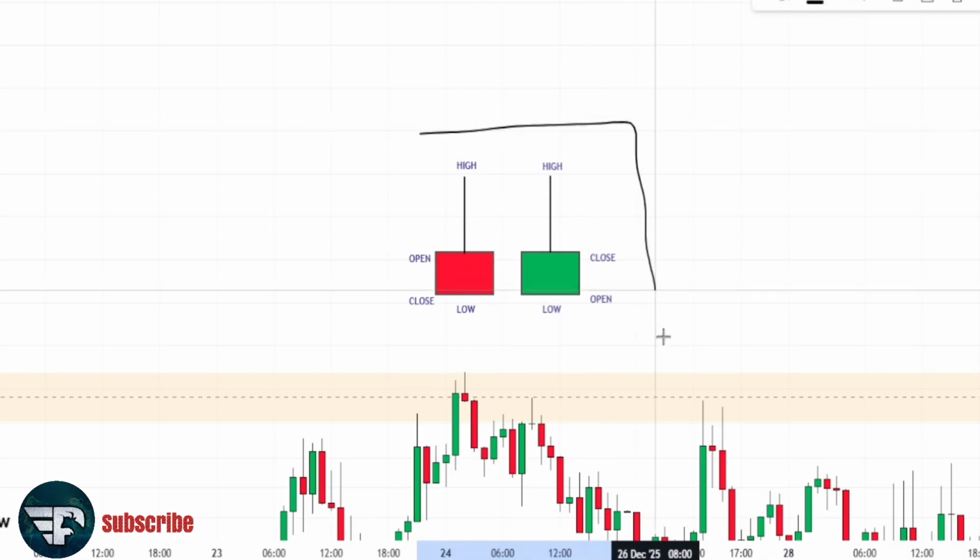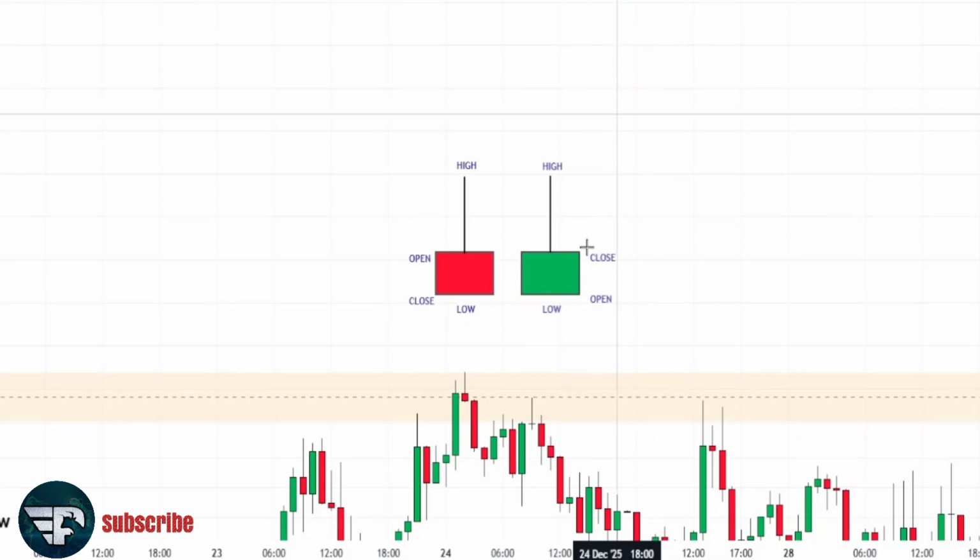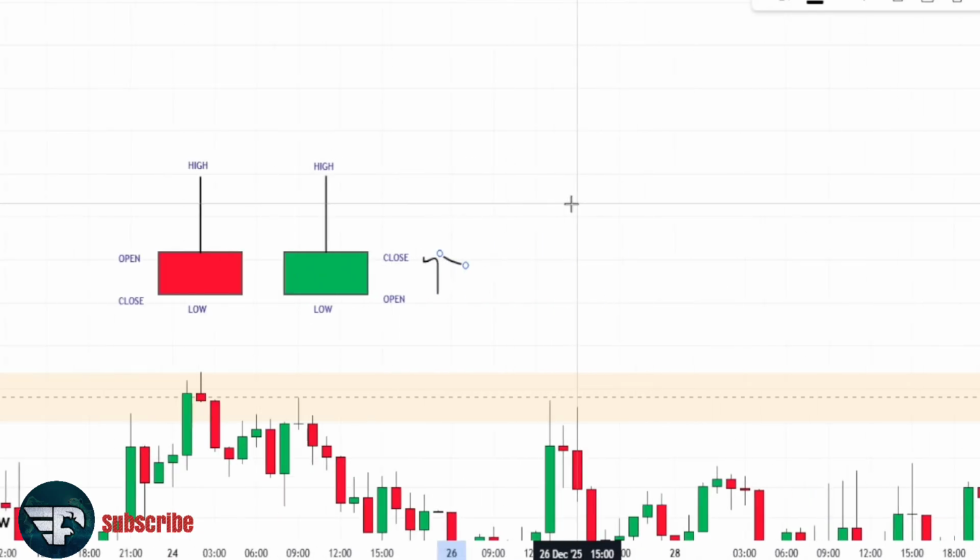One thing about the shooting star is it doesn't matter the color. Once it appears on a resistance, that means price is likely to drop to the downside. When you take the bullish shooting star, we have this place to be the high of the candle and this area to be the low of the candle. Then we have market open down here, push up to this area here and close around here,